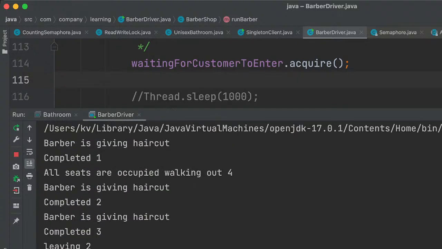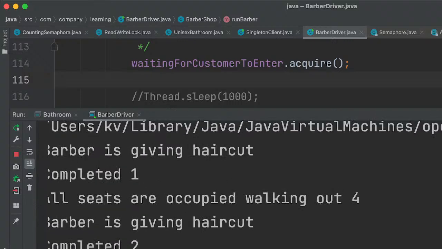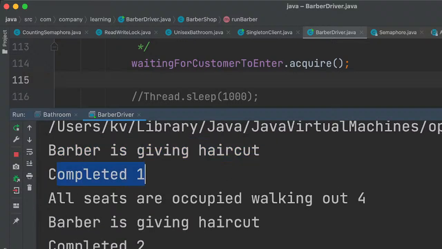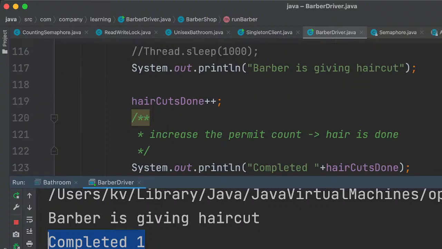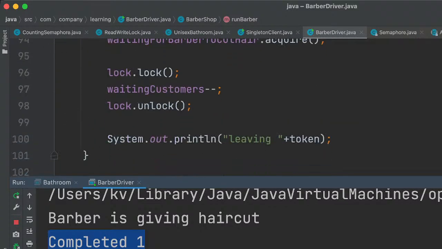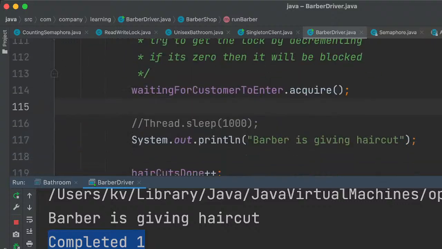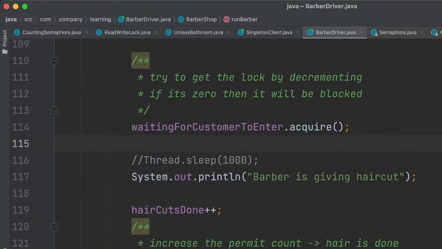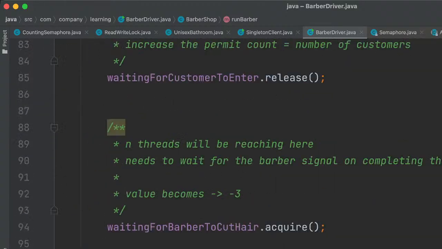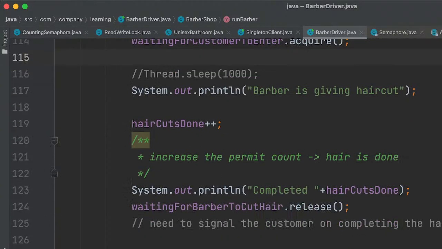So barber is giving haircut, completed 1, and all seats are occupied, right? See, when the fourth person comes in, and if one has already been done, let's say there is a statement, yeah, completed. Where is the statement? Yeah, haircuts done.